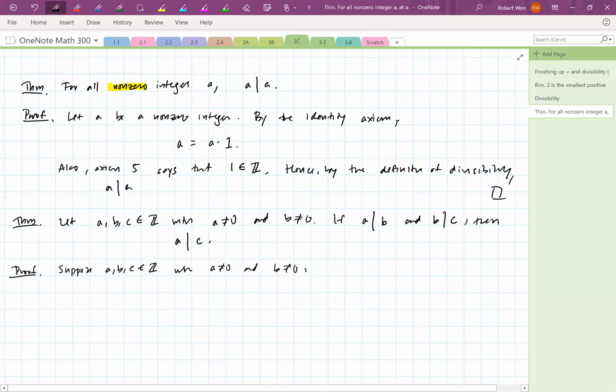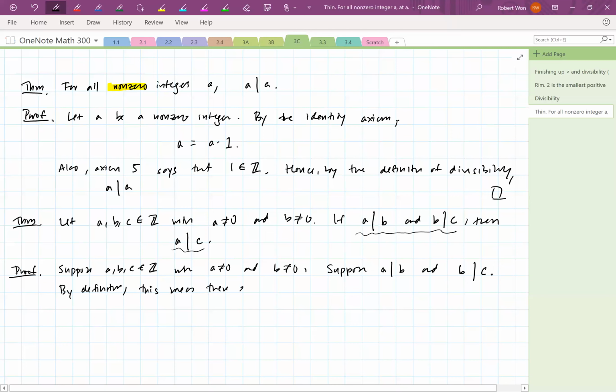So if I'm doing a direct proof, I get to assume p and try to prove q. So if a divides b and b divides c, then a divides c. Let's suppose a divides b and b divides c. Well, what does this mean? The only thing I have at this point, basically, is the definition of divisibility. So by definition, this means